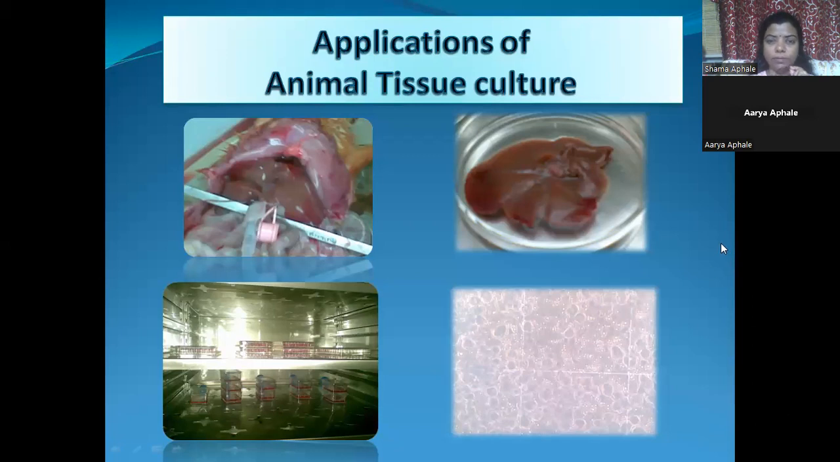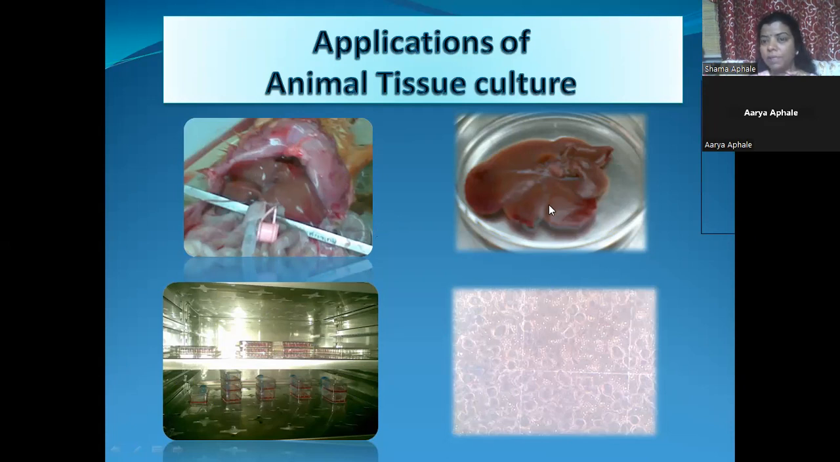Good evening, everybody. We will be studying applications of animal tissue culture. Here, as you see, we have dissected an animal, isolated tissue, and then separated the cells in vitro. Following this, we have cultured these cells in the incubator in tissue culture flasks and tissue culture plates. So in this way, a single animal